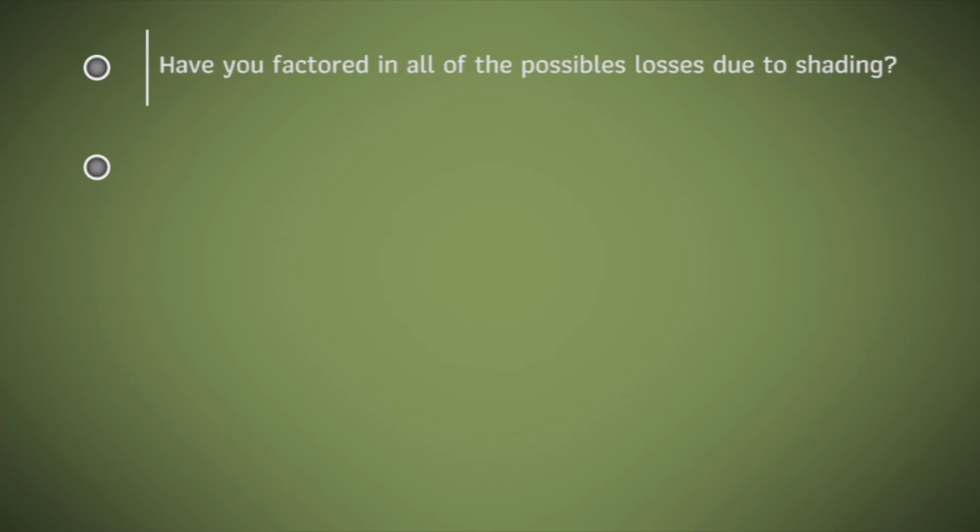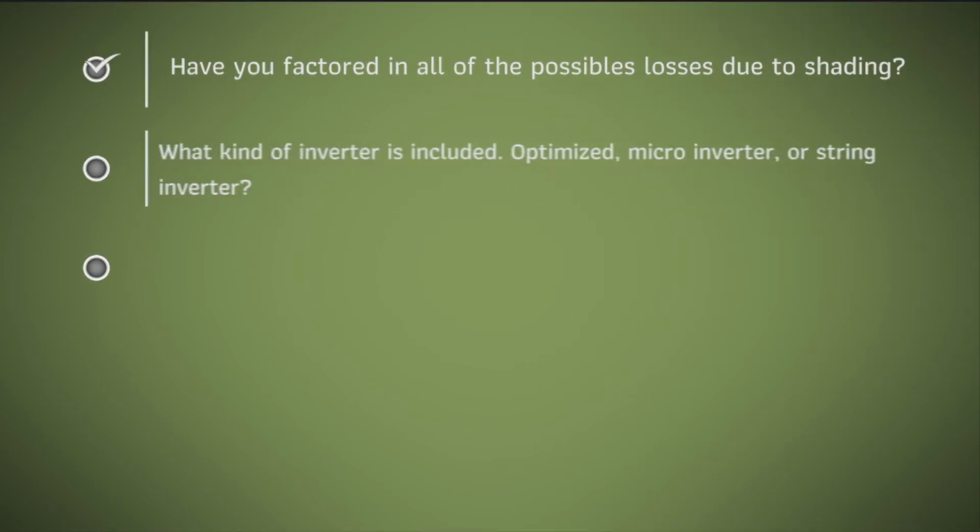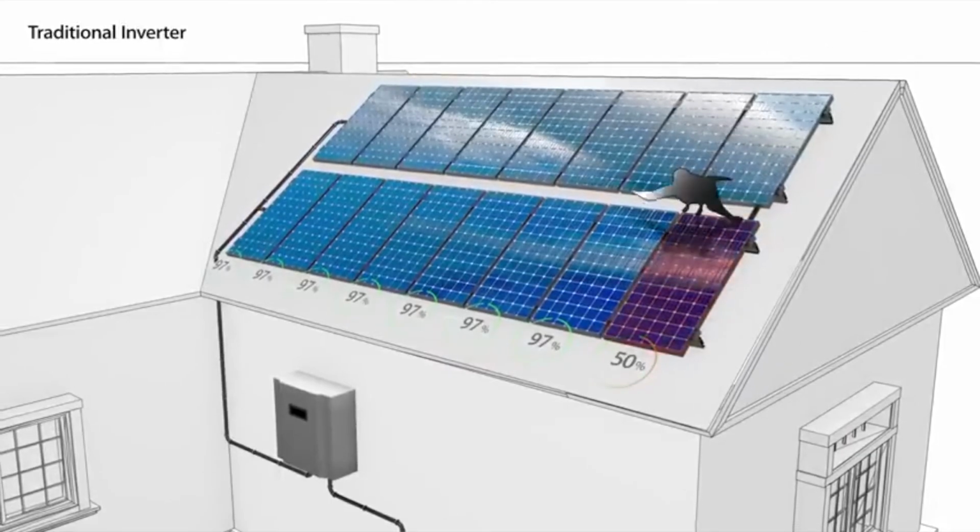The next question you ask is about the inverters. Is it an optimized, microinverter, or a string inverter system? This is an important one to know about when you're getting solar. There are pros and cons to each different type of inverter system. String inverters typically run in series, which means that each panel is working together. This can be a problem in most installations, especially if you have multiple different roof panes or shading factors that are involved. The system will only produce as much as the lowest producing panel in your system.